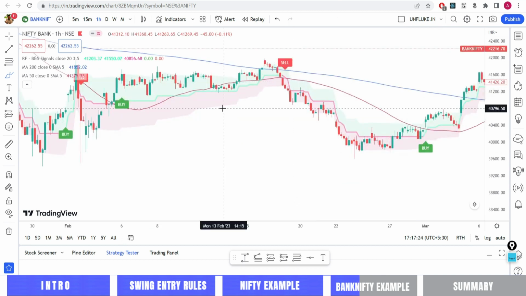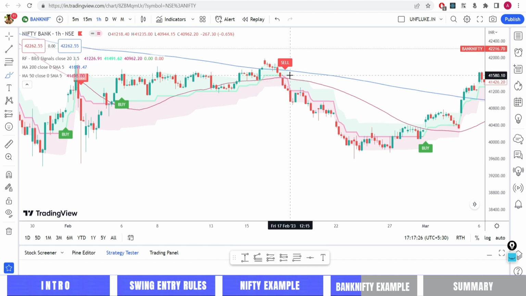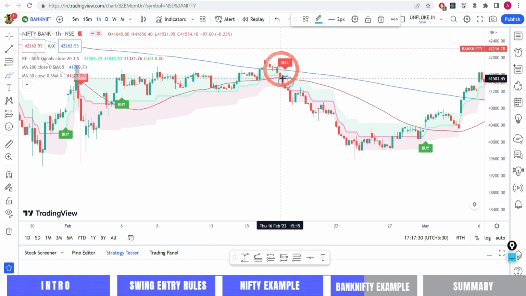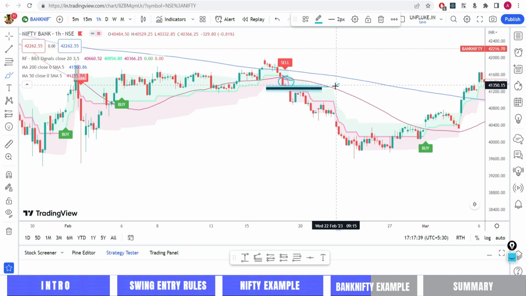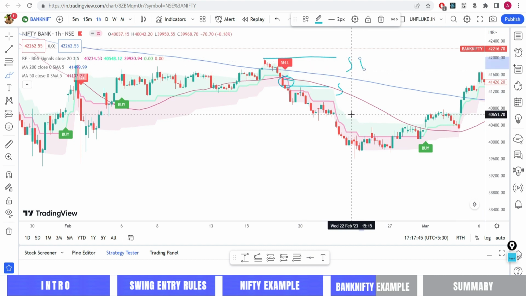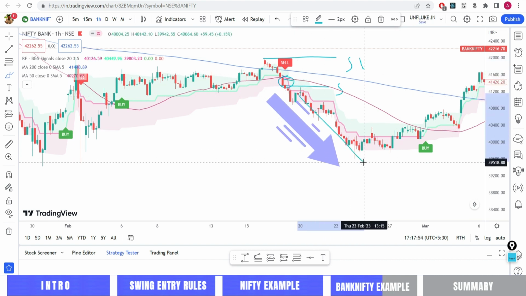I've already added all the indicators, and I can clearly see another selling example here. It's touching the lower moving average. The 50 moving average is below the 200 moving average. So we are only looking for a selling trade. So I will take a selling entry here. I will put this as my stop loss. So if you can see, this is a stop loss of about 500 points maybe. So you can probably do it with option buying, and you can see that you get great